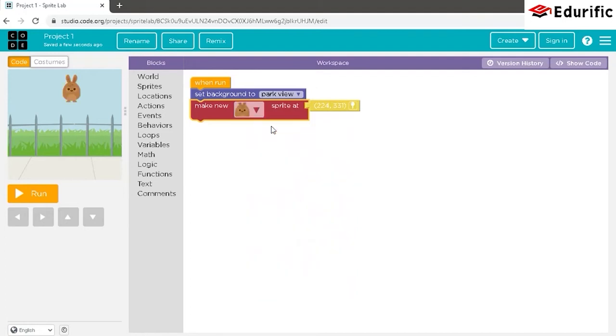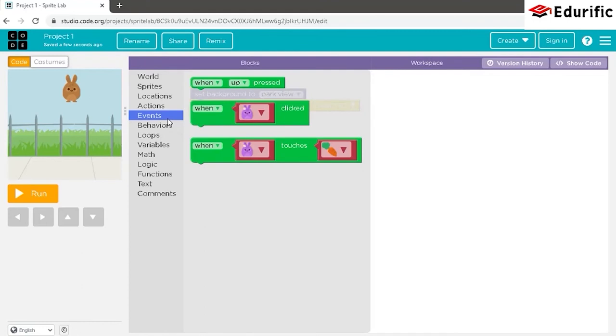So, another important category is the events section, which contains different kinds of events which are performed by the sprite.